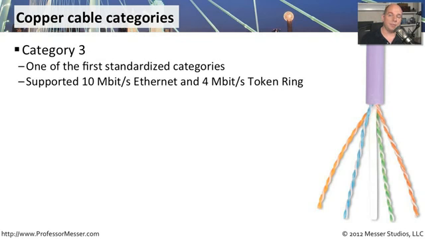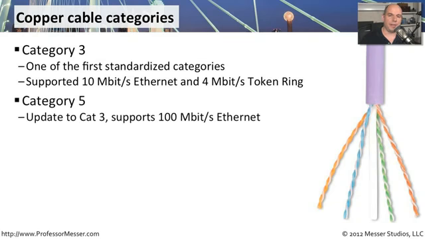But we quickly realized we needed some faster technologies, and we started to get faster network adapters. And so we started needing 100 megabit Ethernet connectivity. For that, we needed Category 5. And it was an update to Category 3. You'll notice we jumped right over Category 4. Pretty much everybody went right to Category 5 because we were rolling out 100 megabit Ethernet to the desktop. We were doing this everywhere, and so the wiring that we needed to put in our walls, in our ceilings, in our floors, all needed to be Category 5.